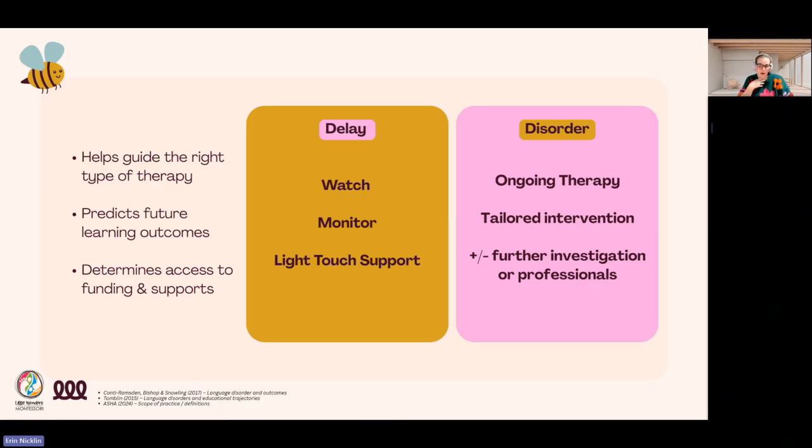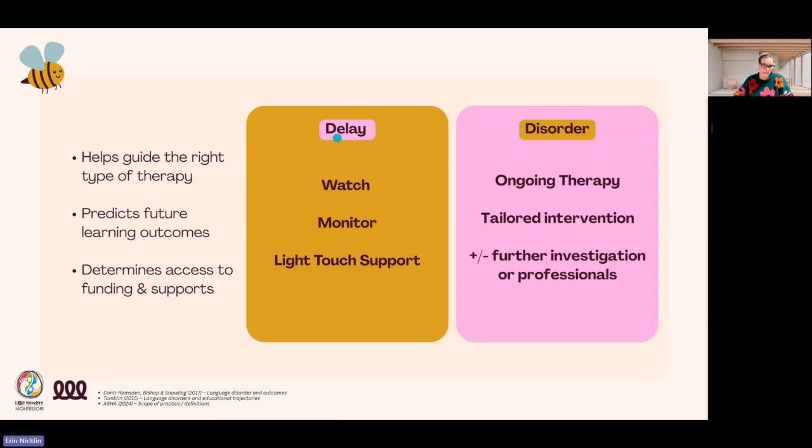So for example, a child with developmental language disorder doesn't just grow out of it. So without support, we call it DLD. It's linked to ongoing literacy difficulties, academic challenges, and even some mental health vulnerabilities later on. And similarly, children with motor speech disorders or significant speech sound disorders as well need intensive structured intervention to build really clear and consistent speech.